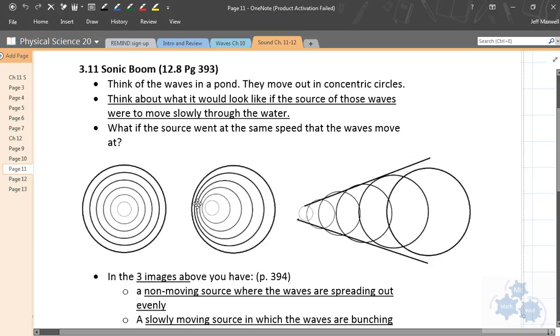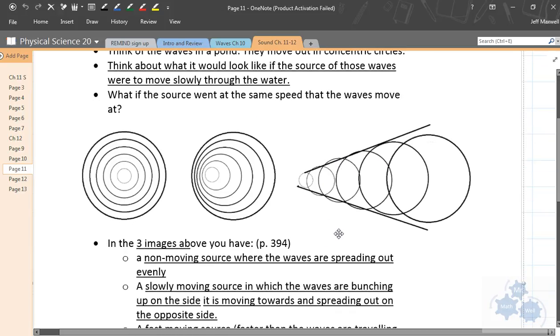And what happens is the sound waves are emanating in every direction from the car. If this is an overhead view and the car is driving this way, the sound waves are kind of piling up a little bit here, right? And so the frequency actually changes here. We're going to talk about something called the Doppler Effect as well, and I think that will be right after this. But you can see that the waves are piling up here, and the waves are being pulled apart in this back area. But a sonic boom is when the object is traveling faster than the speed of sound,